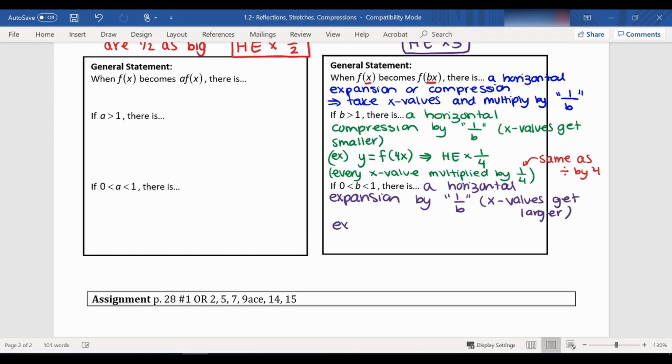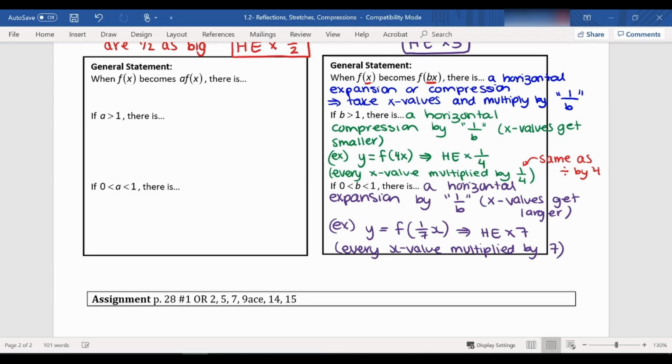So for example, if you have y equals f of 1 over 7x, this is actually a horizontal expansion by 7. So every x value multiplied